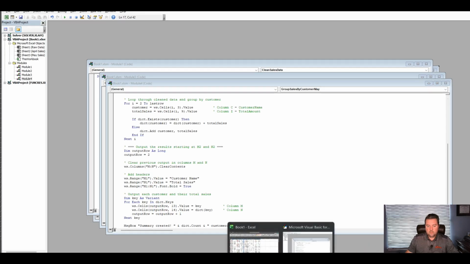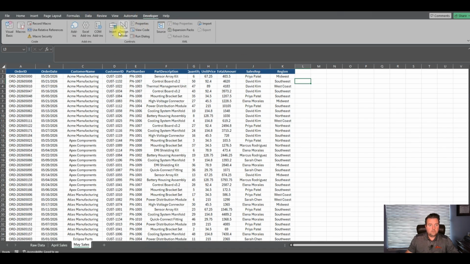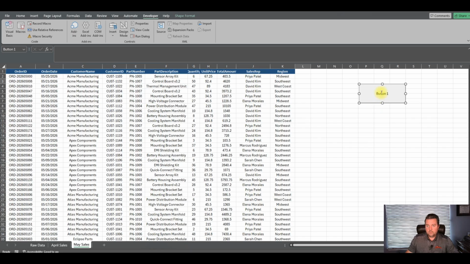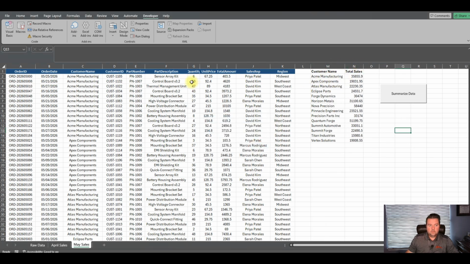Save it. Then on the front, all we need to make sure we do is select the right, we're going to do May, not April. And we're going to say summarize data. And this should work straight away, and it does. Okay, we can check again if we want, but it's